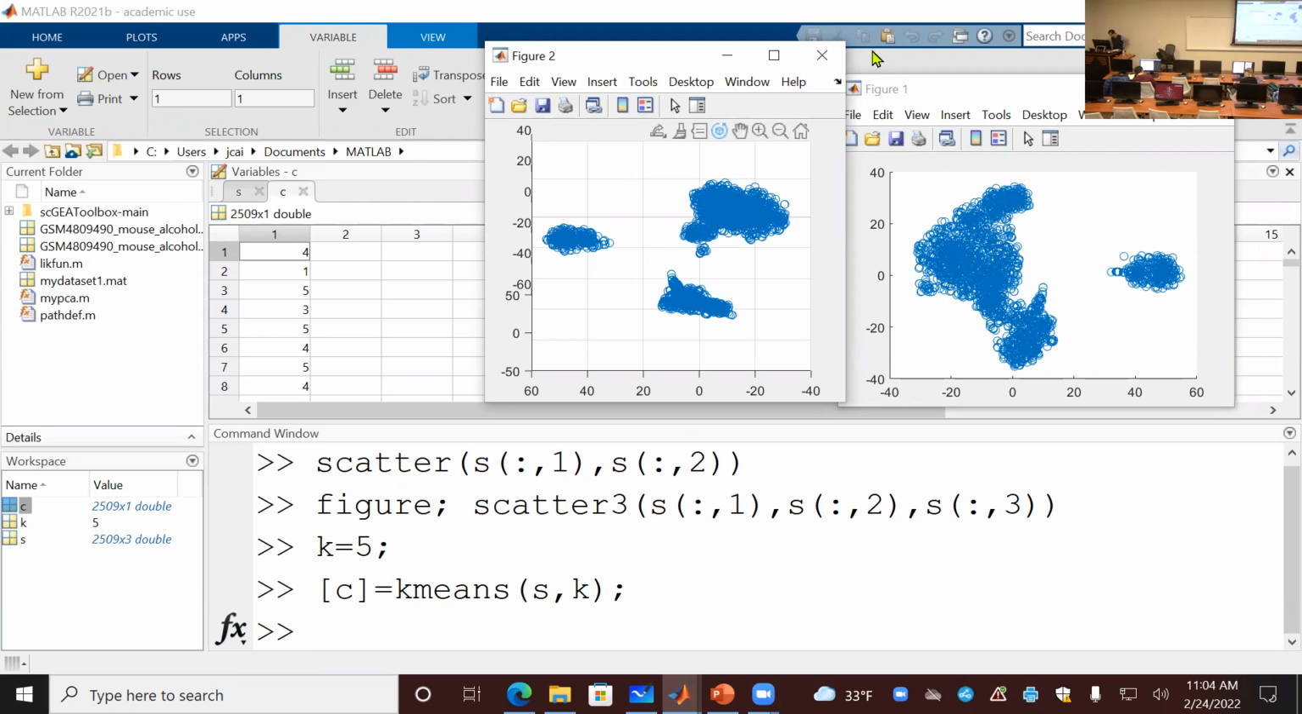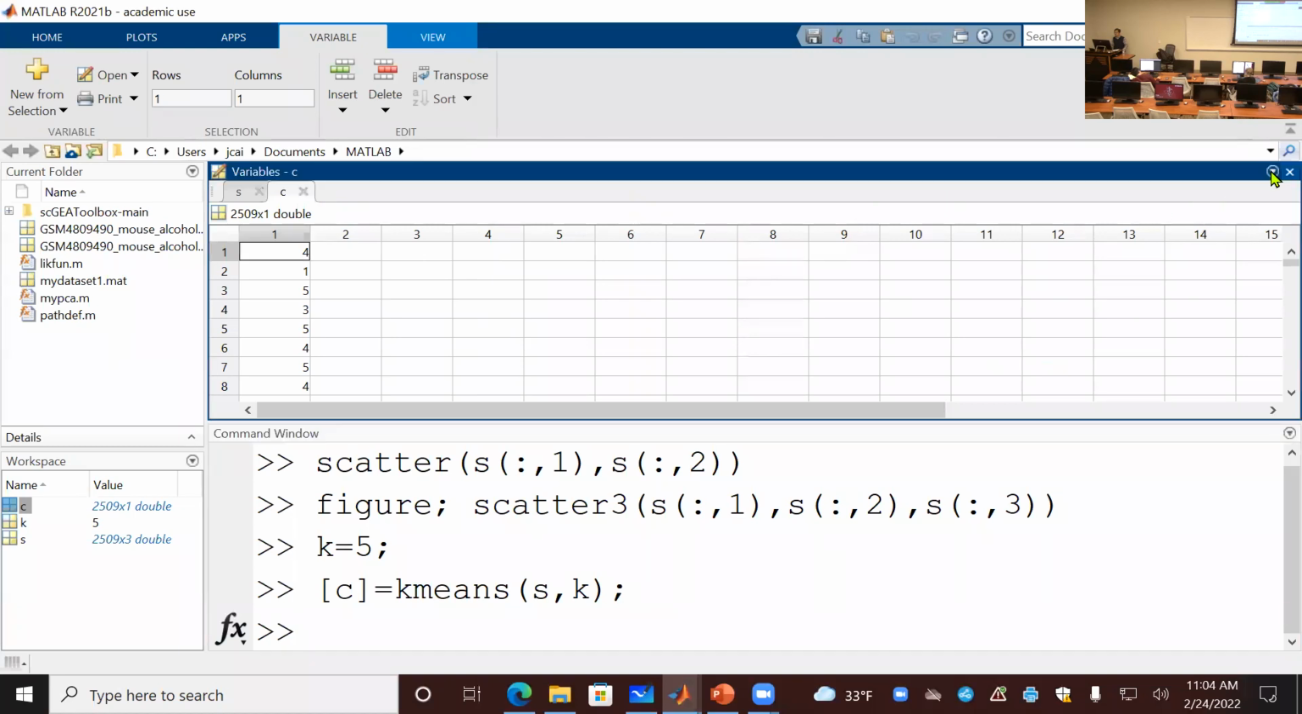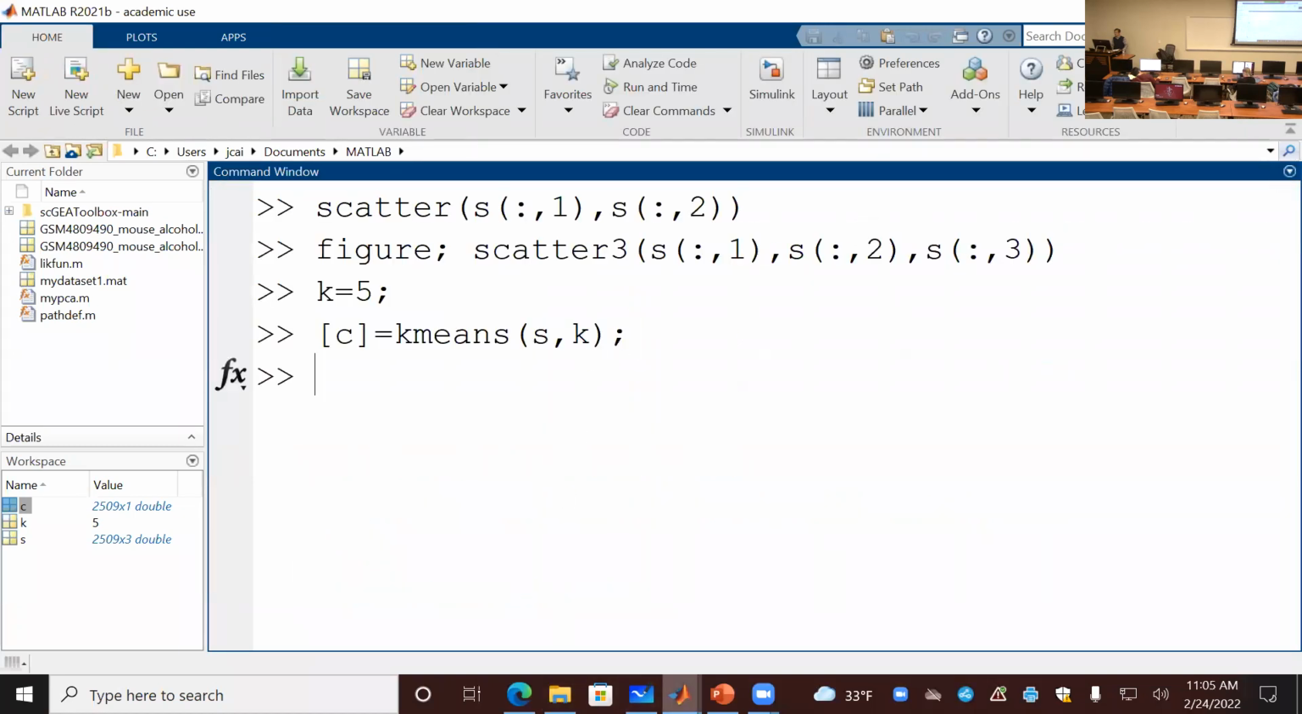Okay, let's continue. Have you got this step so far? Okay, good. So you have a C, and make sure C has the same number as the number of cells, 2,509 here. Otherwise, there's something wrong with the computation. Okay, once we have that,